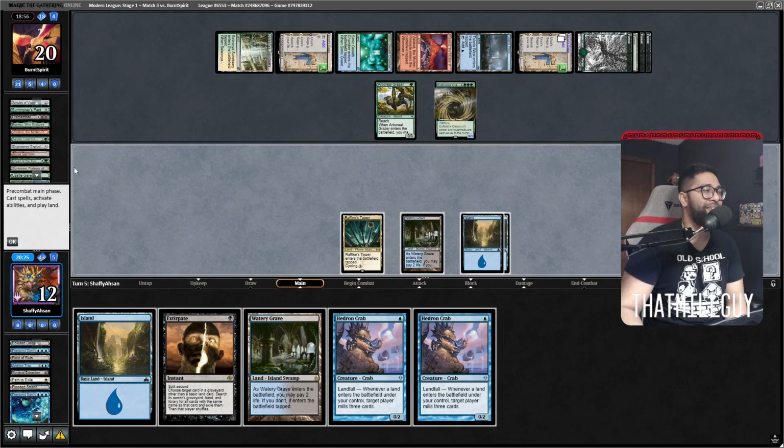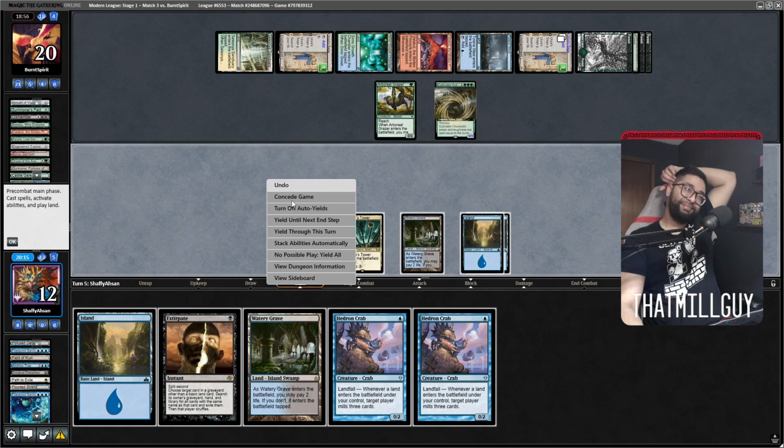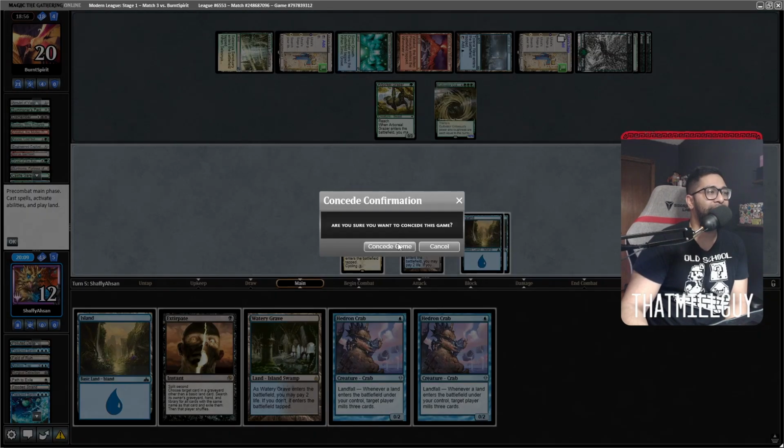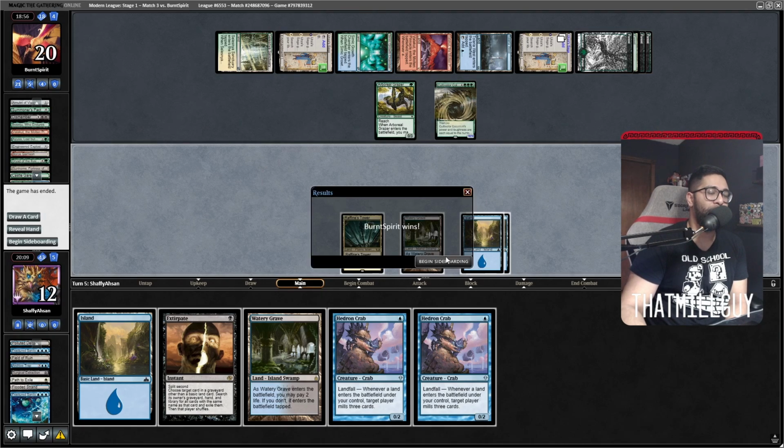I don't know how I win this. This thing has trample as a 10-10. Nah, I think this might just be a concede. Yeah, I don't think I win this. Not with what I'm drawing right now. Okay. So